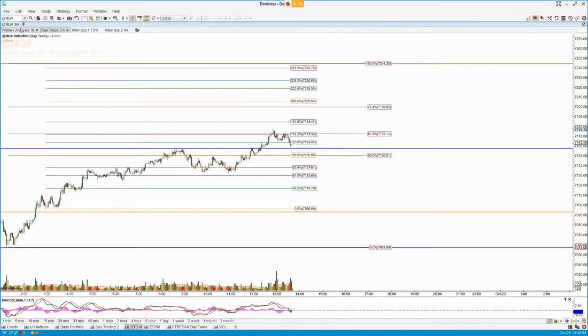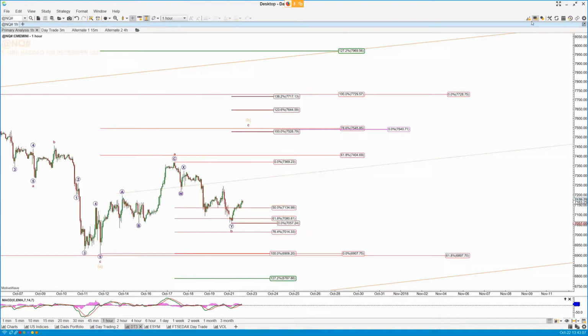And then if I come across to the NQ, I'm just going to go through the hourly chart. I've got exactly the same thing here in the NQ. We made a lower low last night, having gapped down. We still didn't get to this 764 retrace at 7014, so we spiked underneath the 618 at 7080 and pushed